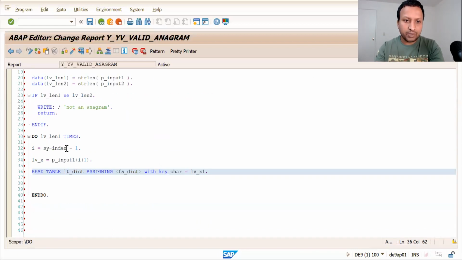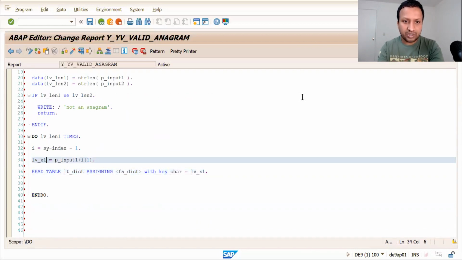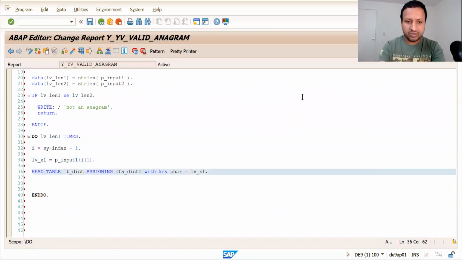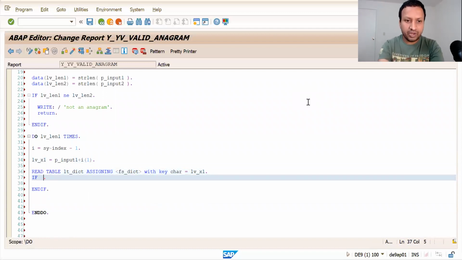Let us call it x1 because we are taking the characters from input 1, just to have a proper naming convention. So I'm taking it as x.